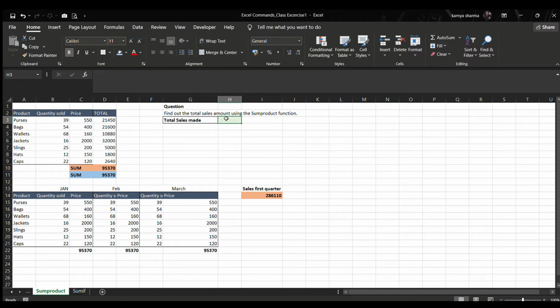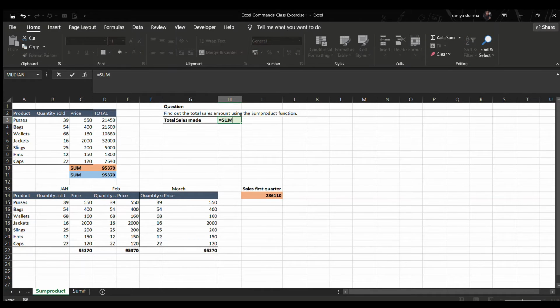What you need to do is again press equals to, write SUMP, just press tab and this will select the SUMPRODUCT function and help you begin with it. As you can see, SUMPRODUCT is selected. Now in the formula, you can see we require some arrays. What are arrays? Arrays are basically the table or the range from which you require the values to be picked, or which contains your values.